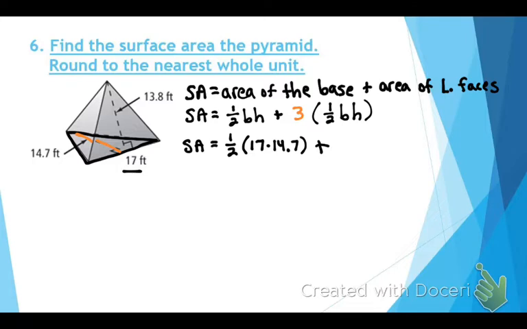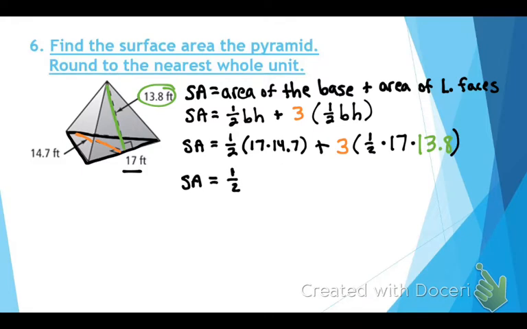This part can trick some people up. Now once again, remember we're doing the lateral faces. Those are the triangles that are going up. Multiplying half times base. The base is still going to be the same because it only gave us one base. But now we're talking about the height of the lateral faces. Remember, those are the things that go straight up to a point. So that's going to be my 13.8. So now we're continuing to plug in numbers. 17 times 14.7 is 249.9 plus 3 times, if I am taking 17 times 13.8 and then dividing it or cutting it in half,